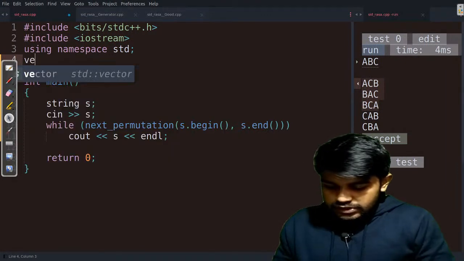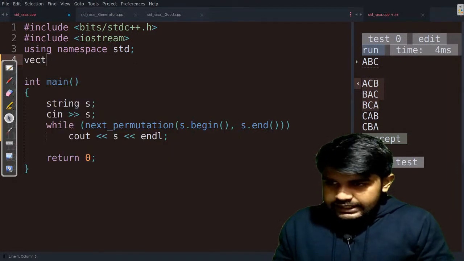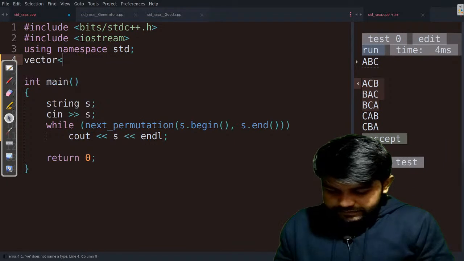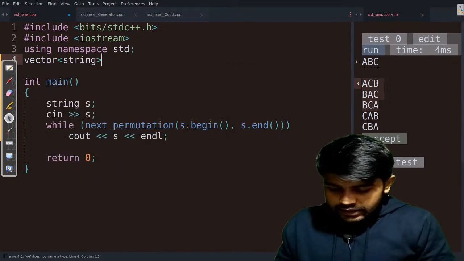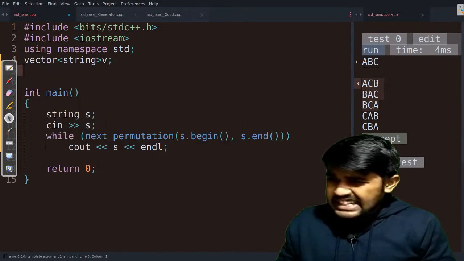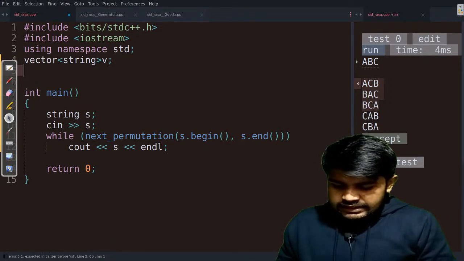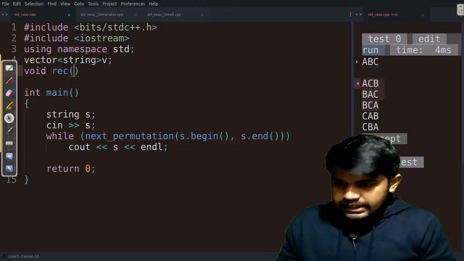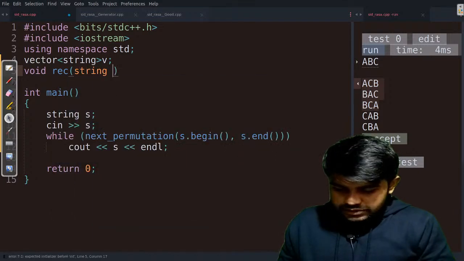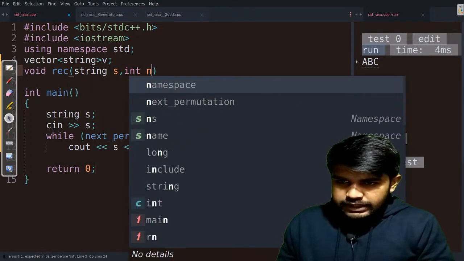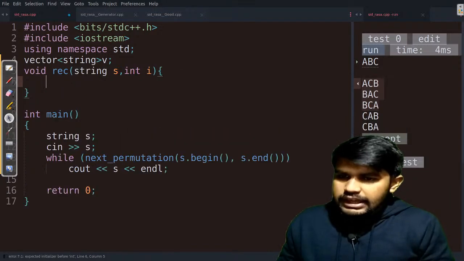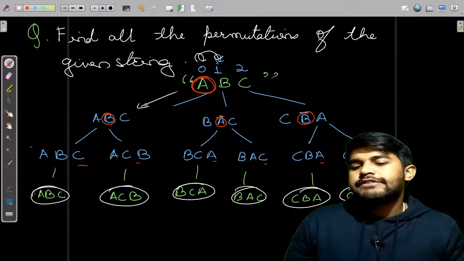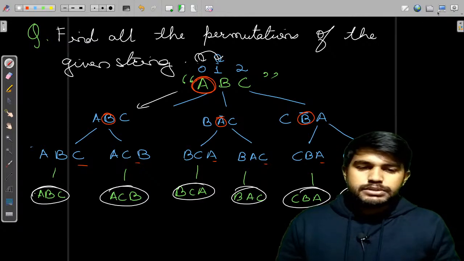Okay, so let's have a vector of strings, and let's name it v, and then this would return void, and this would be named rec, and this would take the string s, and the integer i, and it would tell us at which point we are at the current position.